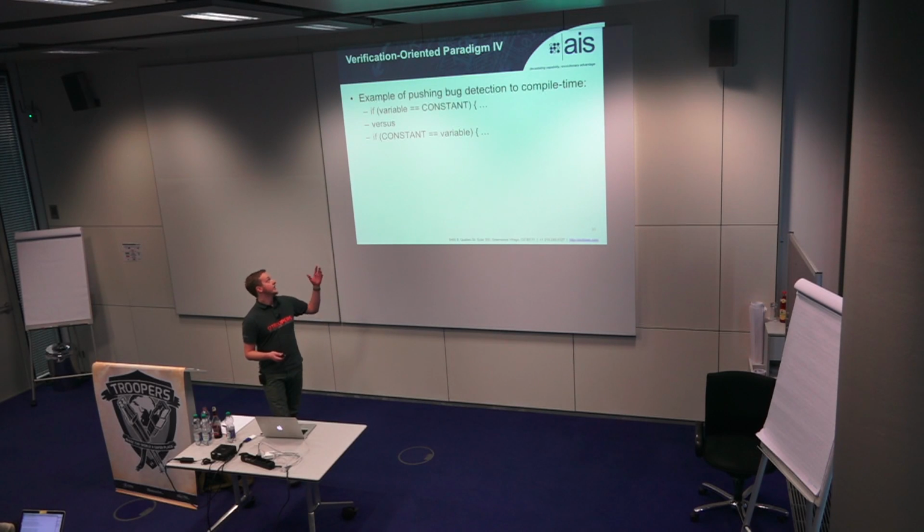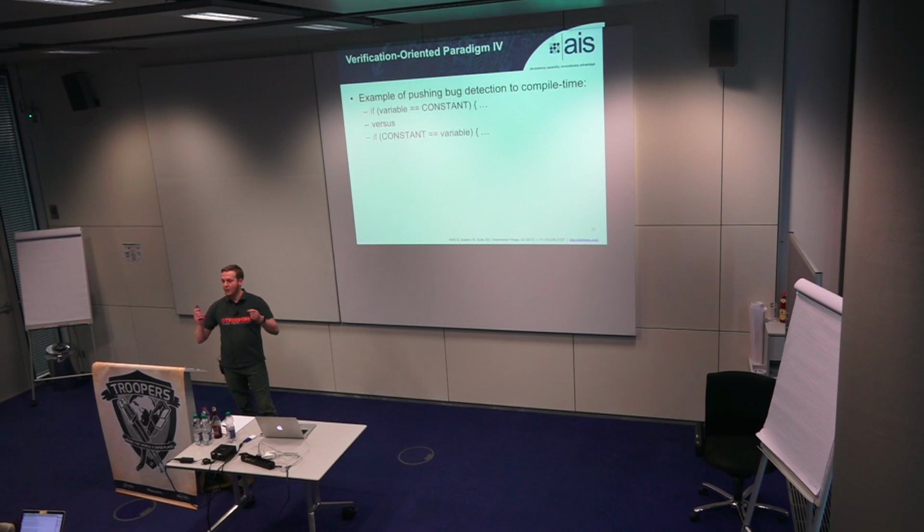So this is a really simple, trivial example, but I'm hoping this will help you think about how you're writing code. These are two semantically equivalent statements, right? You have a variable and you're checking it against a constant. I prefer the second one, and I like having my guys write the second one. And why, you might ask? When you implement them correctly, they're exactly the same.